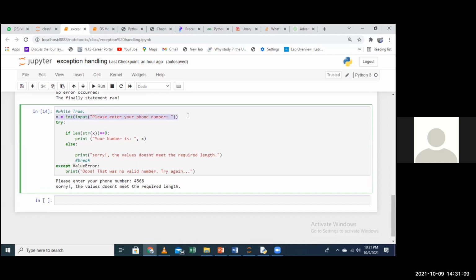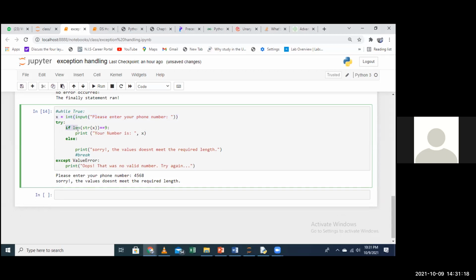Input is a built-in method that prompts the user to key in what you want. So the try is: try this part of the code. If the length of this input is equal to 9, then print your number is this. Else, in case this condition is not met, then that is basically what the else does, give this output.